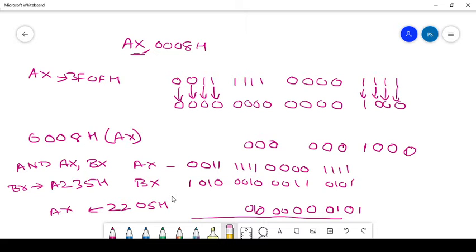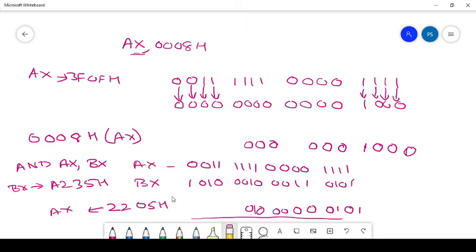As we have discussed in the STLD data subject, if any one of the contents is 1, the output is also 1. If both are 0, the output is 0. Otherwise it is 1. So this becomes 0 0 0 1 1 1 1 1 1 0 0. This means 0 0 1 1, that is 3, 1 1 1 F 0 F. The same answer we got, 1 1 1 1. So this will be moved to the AX after execution of this instruction.